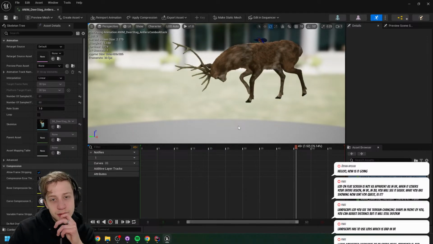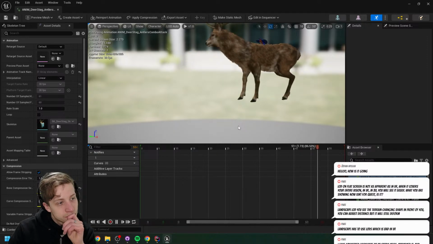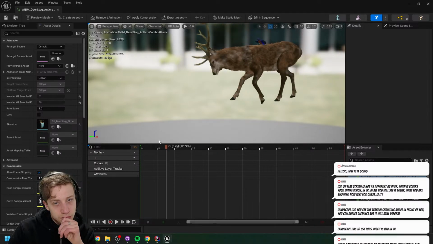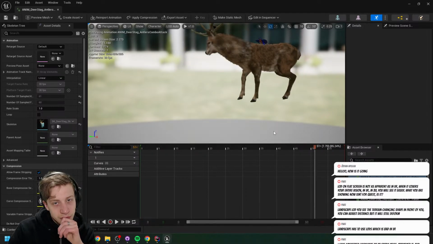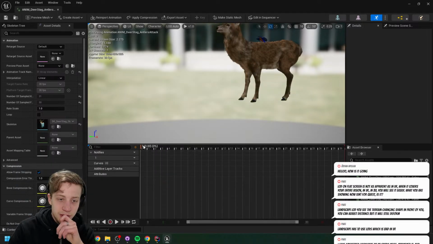Or maybe not necessarily. This is not a looping animation, it kind of sucks, but I could make it run a looping animation if needed.